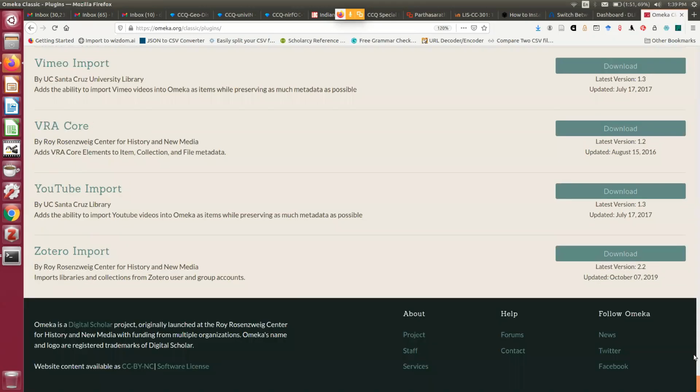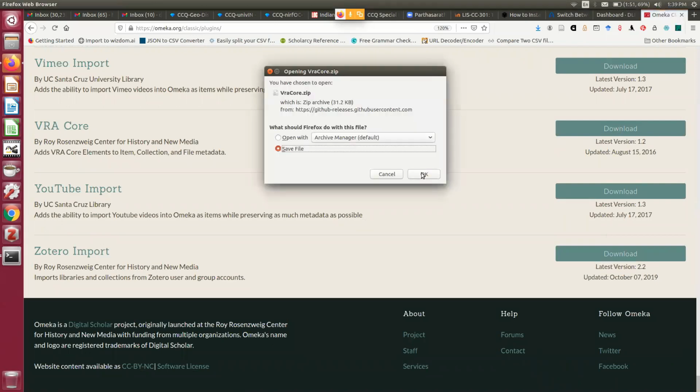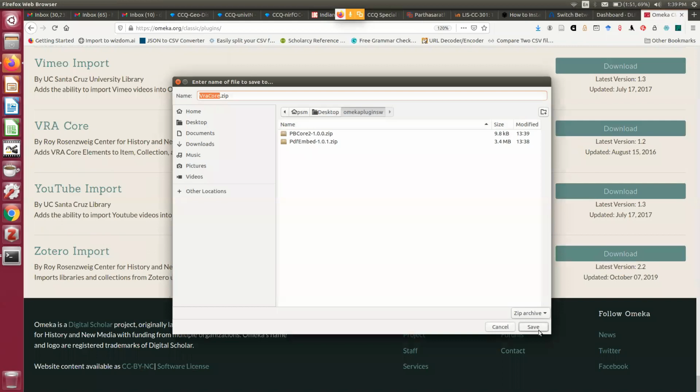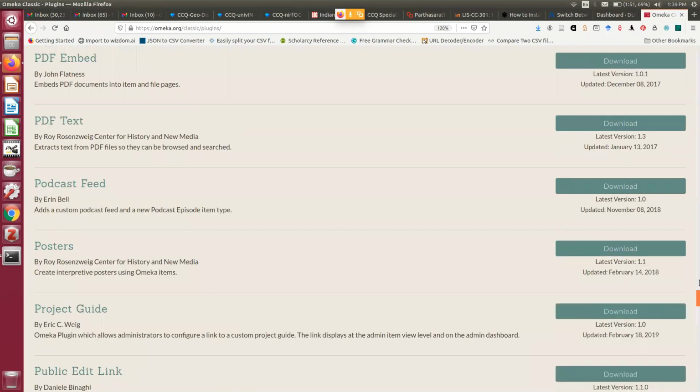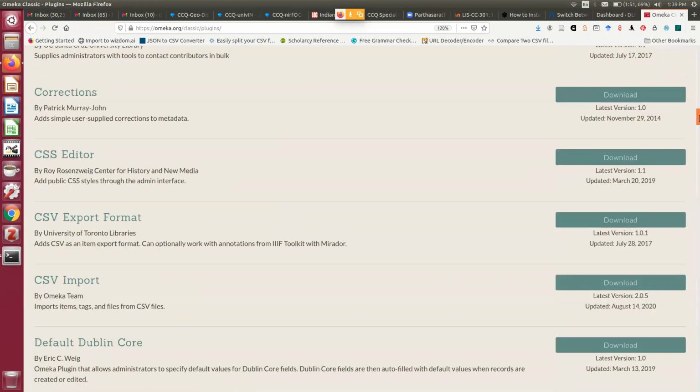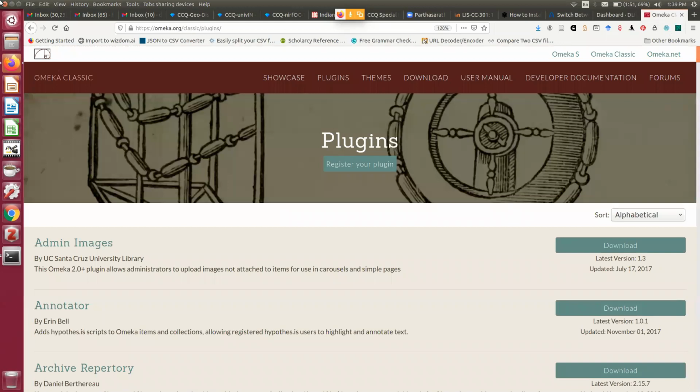VRA Core is the metadata schema you all know. So I am installing VRA Core also. So these three things I am showing you, and the rest of the things as I suggested, you can go for it. Okay.